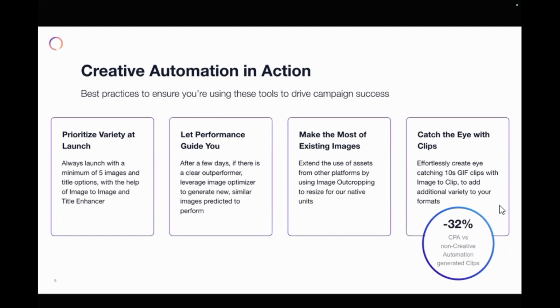Second point that I want to talk about is you should monitor your performance in terms of the